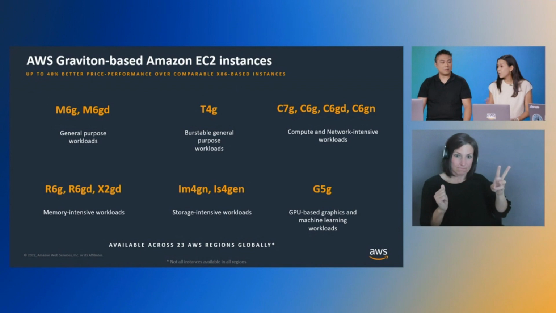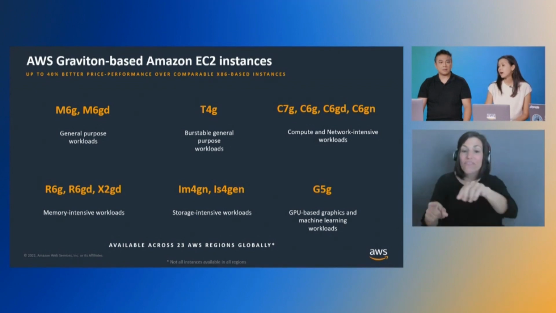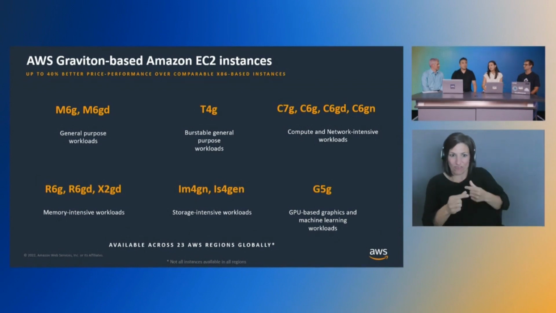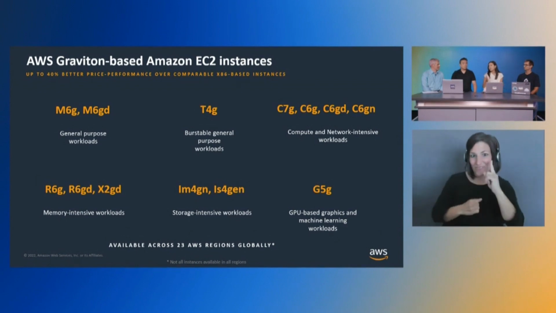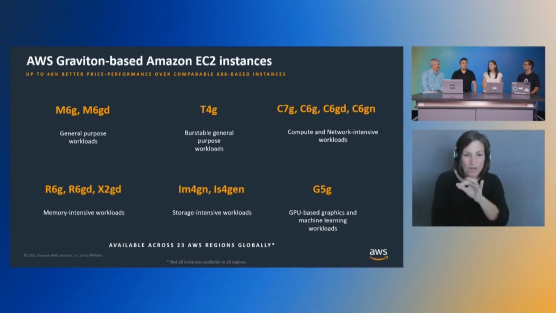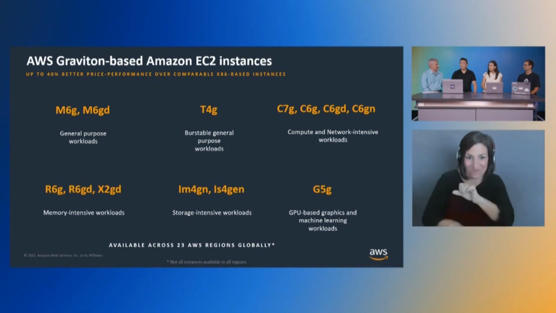Another great example is Nextroll. They're running their web server and stream processing workloads on Graviton, and they reported a 50% savings over previous generation instance types. And the last one that I think is really cool to talk about is Epic Games, because they're using Graviton to power Fortnite and Unreal Engine, and they found that C7G instances meet their requirements for those demanding, latency-sensitive workloads. I think everybody has probably heard of Fortnite, even if you aren't an active player.